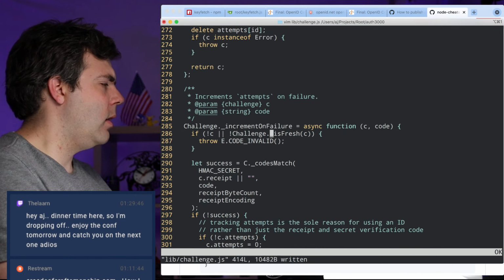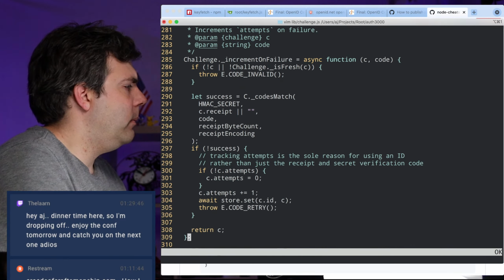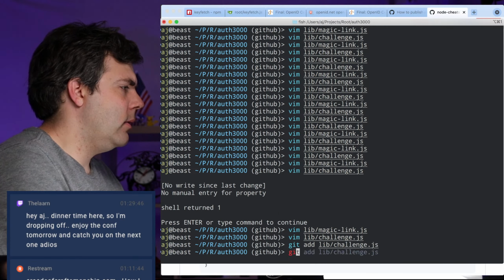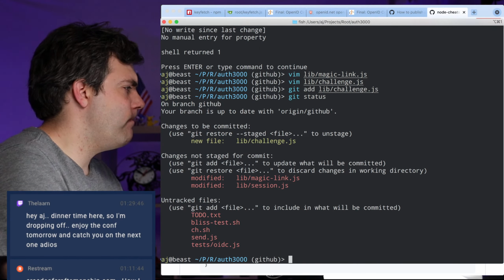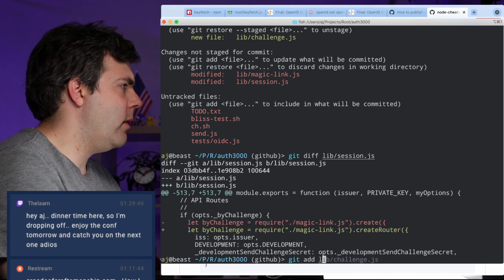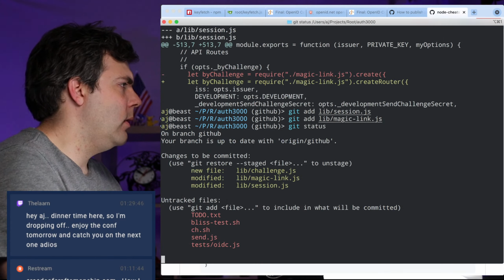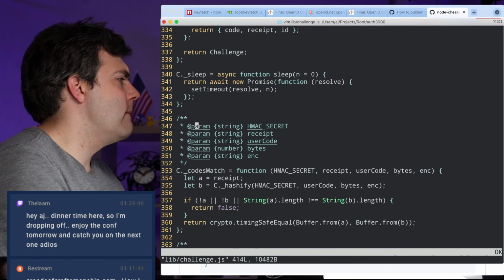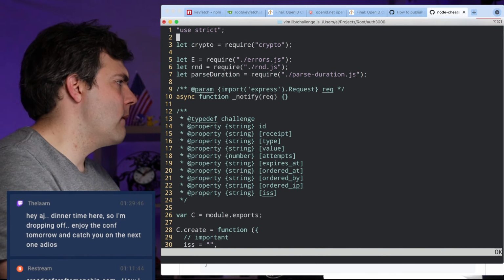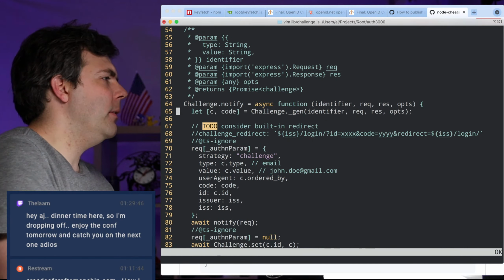All right, let me go ahead and add this to the stash. And what is different about session? Oh, I'm calling create router. Yeah, let's add that. Let's add all of this stuff to the stash. Okay, I'm feeling much better about this.